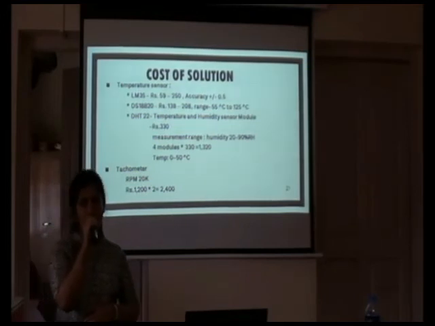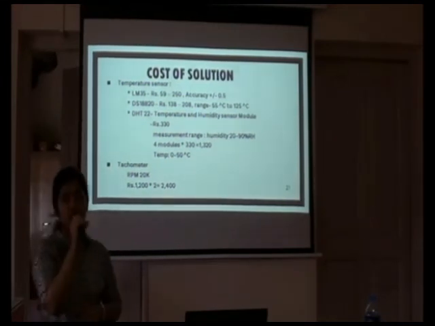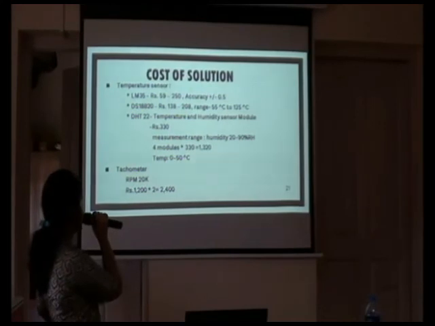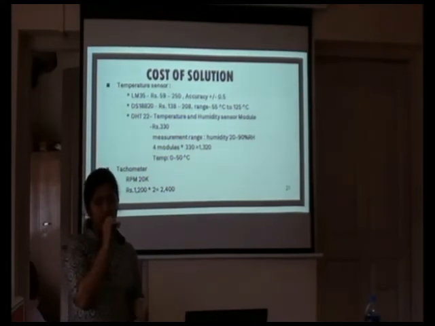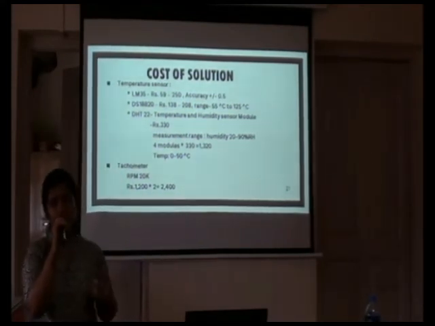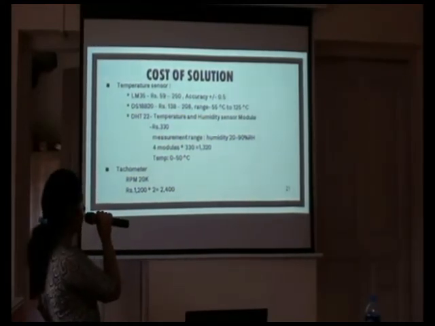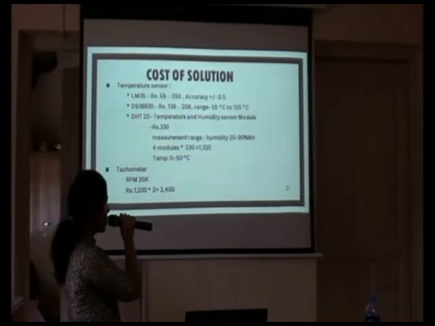Next is the cost of the solution. The first component to be considered is the temperature sensors. We are using three different types of temperature sensors, namely the LM35 temperature sensor, the DS18B20 temperature sensor, and the DHT22 temperature sensor. The LM35 temperature sensor cost can vary between rupees 59 to 250, and it has an accuracy of plus or minus 0.5. The DS18B20 temperature sensor cost can vary from rupees 138 to 208, and its range is